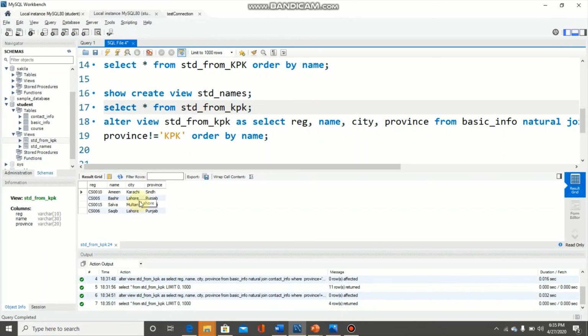So I need to change the name of the view, because now the list of students is not from KPK. So I must change it to student from not KPK.